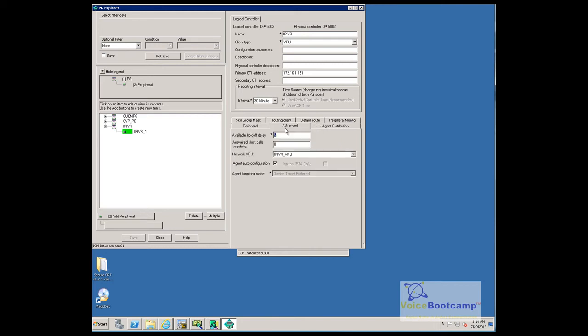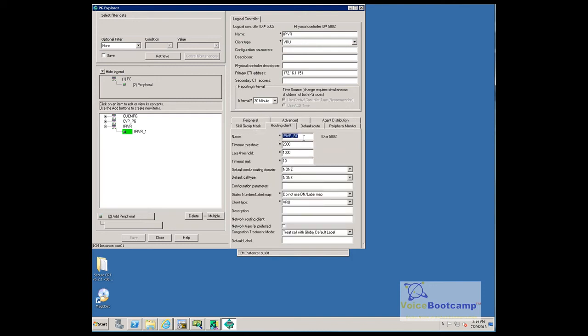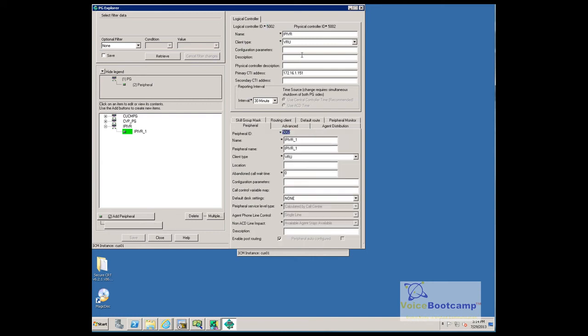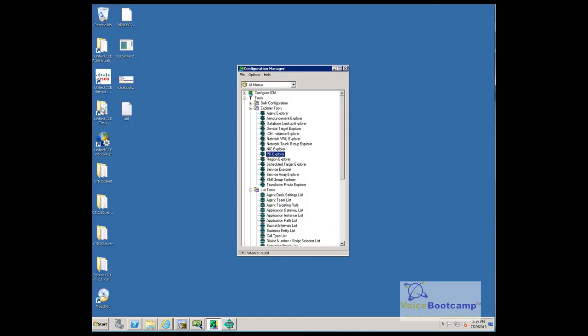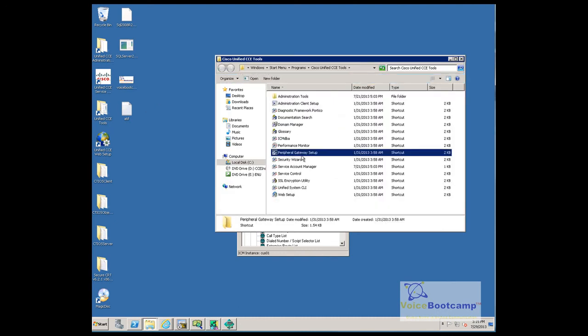Under advanced, I must select the network VRU that was created for this IVR. Routing client, if I want UCCX to be routing client, I must select this option, routing client. Now what two things I need to keep in mind: the logical controller ID and peripheral ID right here. Those two pieces of information are vital for me to configure peripheral gateway for IPIVR. Now once that part is done, open up UCCE, go to peripheral gateway setup,